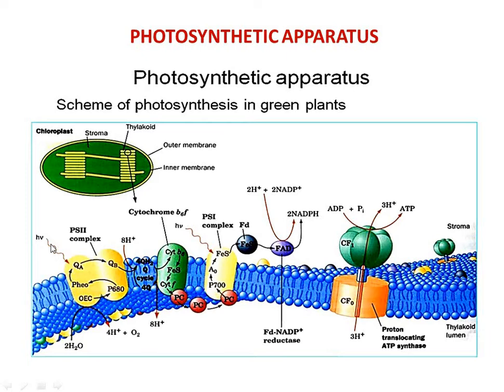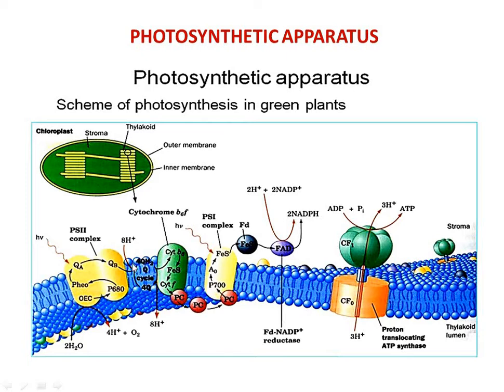That is because of the continuous absorption of the light energy by the photosynthetic pigments. Then photolysis of water molecules takes place, excitation of the chlorophyll molecules occurs, and the electrons are accepted by the modified chlorophyll molecule pheophytin. There are also the quinones. These are the electron carriers present in the thylakoid membrane of the chloroplast. The electrons are accepted by QA and QB. These are the electron carriers, and finally the electrons are accepted by the quinone molecule.